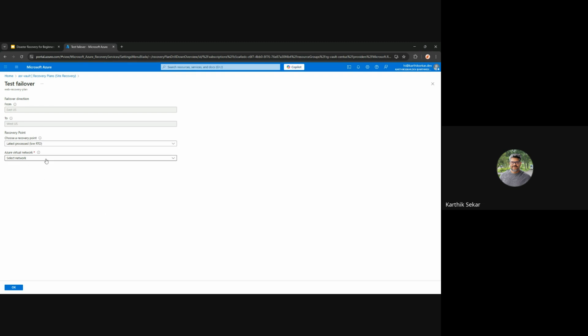And then create an Azure virtual network. Actually, for this demo, we just created only the virtual network. But when it comes to production, it should be prepared with the virtual network, the network configurations, everything should be up to date so that we can reduce the time. So let me select this virtual network and then click OK. Okay, before I click OK, I want to explain this option. So we have 3 options here, right?